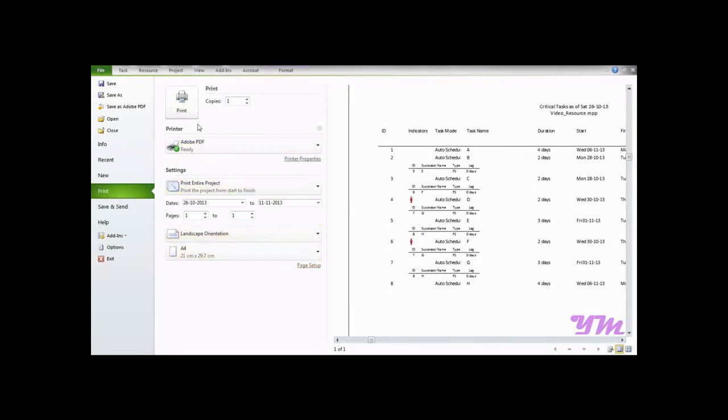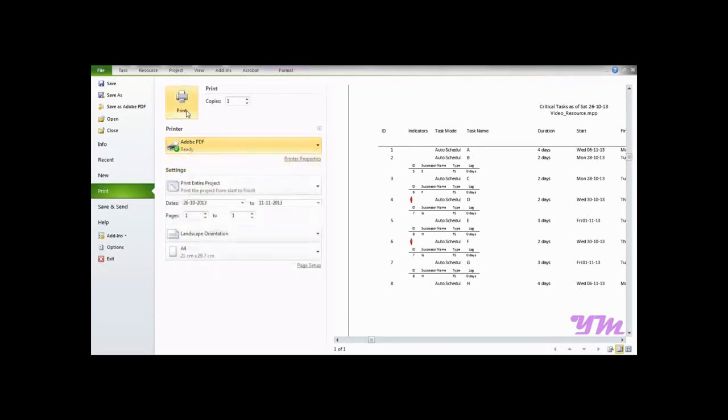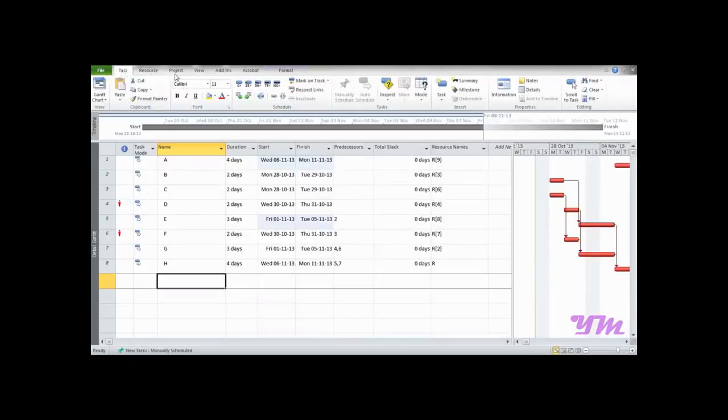You can directly print the report by giving print, or you can convert it into PDF. If you have Adobe PDF installed, you can select Adobe PDF over here, and when you give print, it will convert into a PDF file. So this is how it works. Now suppose